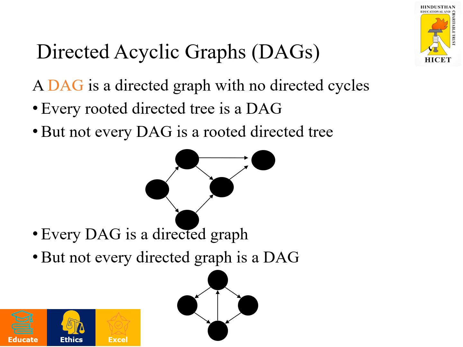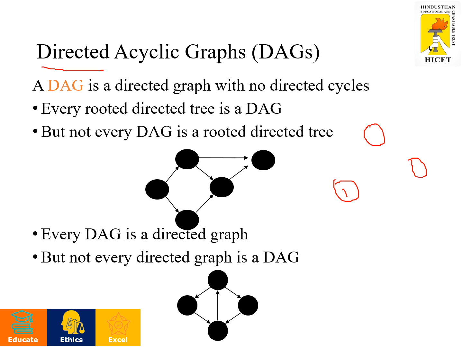Start from here, you can move to this node, again to this vertex, again you may not be able to reach the same vertex. So there are no cycles. If there are no cycles and the edges are directed, that graph is called a directed acyclic graph. And every rooted directed tree is a directed acyclic graph, but the vice versa is not true. Also, every directed acyclic graph is a directed graph because the name itself suggests directed. But vice versa is not correct because you can have a directed graph like this.